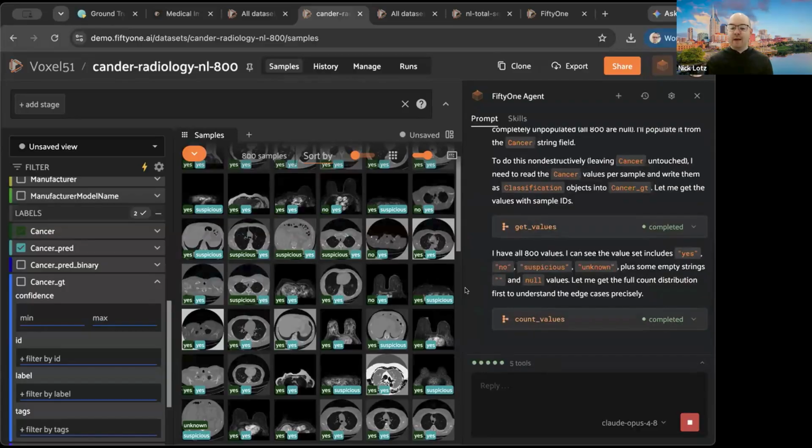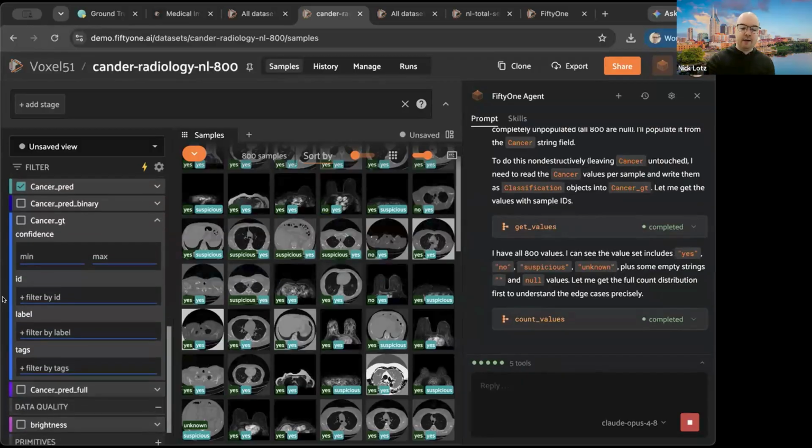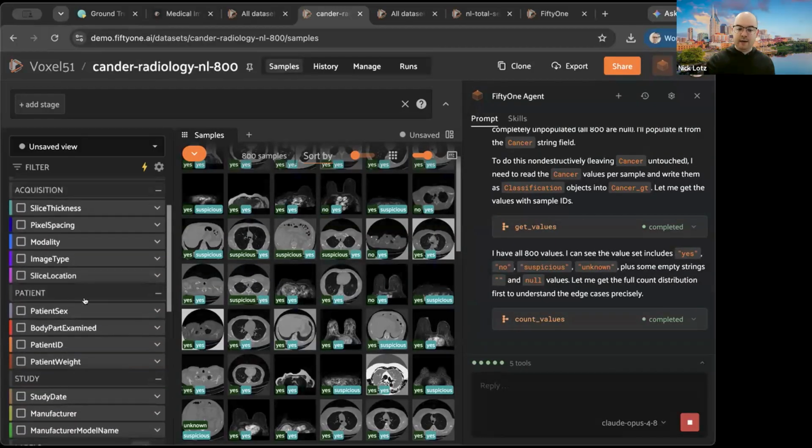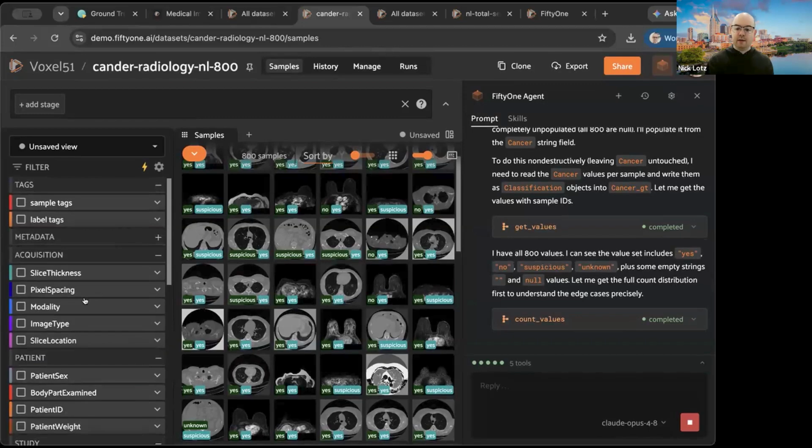What it's ultimately reporting back is the field is a little bit messy. Because this is DICOM data, it has a lot of metadata areas it can work with as well. I think the edge cases thing might have, thankfully, it's only an 800 sample data set, but the edge cases aspect might cause it to be a little too aggressive with the counting, and that might cause the agent to slow down. While that's happening, if I go to a different tab,